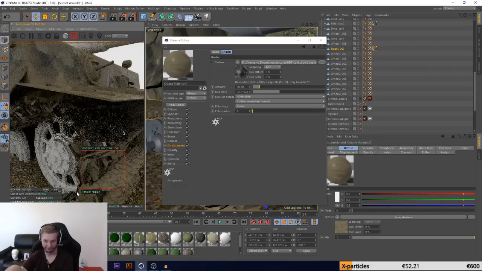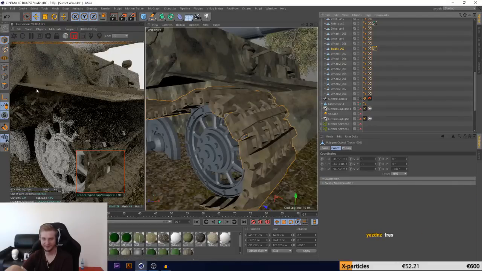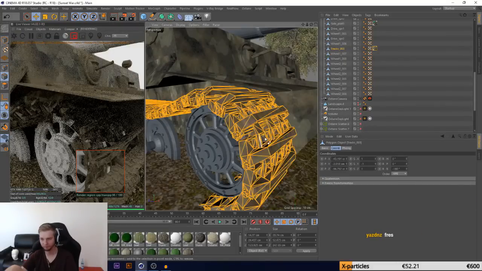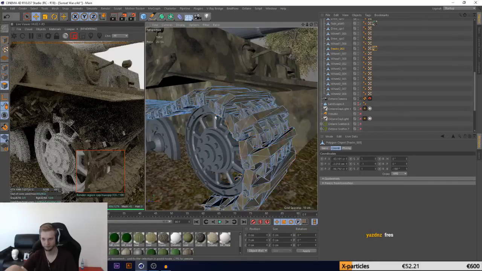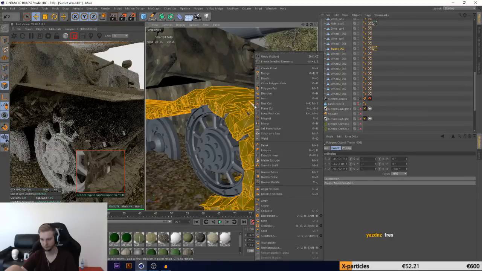It breaks everything, it's so funny. But it seems like these are all not connected. Is there a connect button or something? I can disconnect it, but